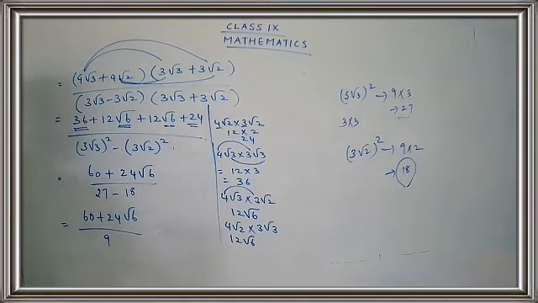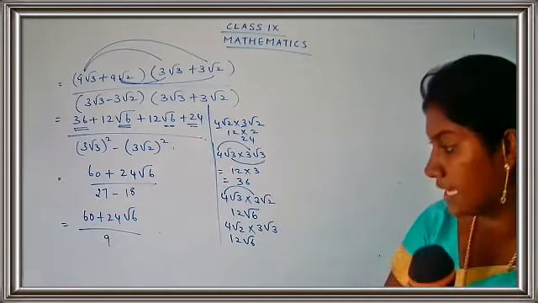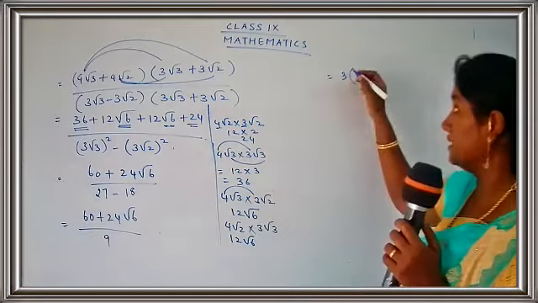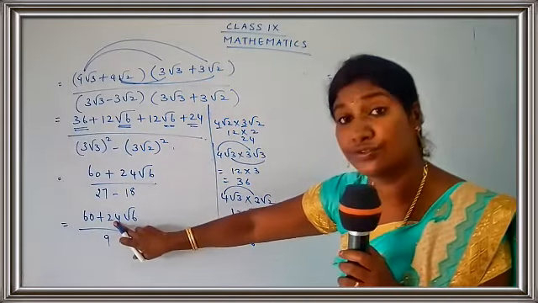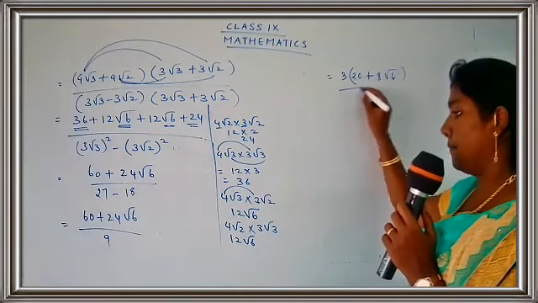But what we can do is we can take some of the common terms and we can cancel. So here this is 9, yes children, and here this is 60 and 24. I know that we can take 3 common from here because here 9 is there. So if I take 3 common, I can cancel some of the terms. I'm just going to take 3 common from the numerator. So if I take 3 common, I get 3 into 20. What is left here? 20 plus 24. So 3 into 8 gives you 24. 8 root 6 upon 9.